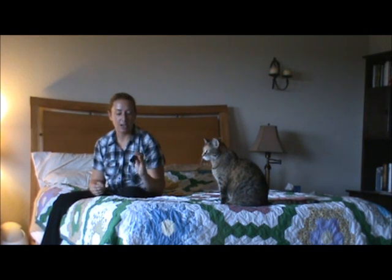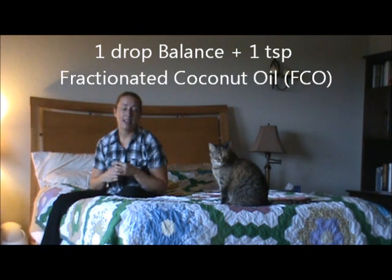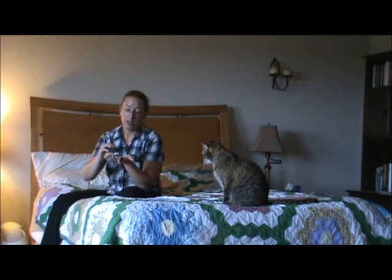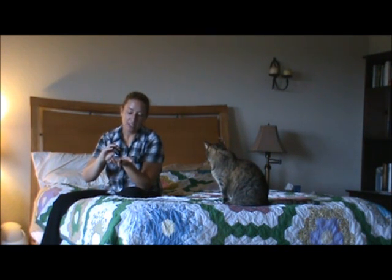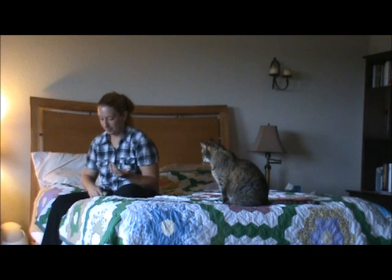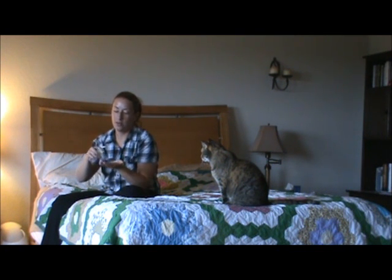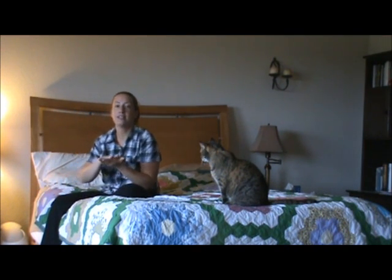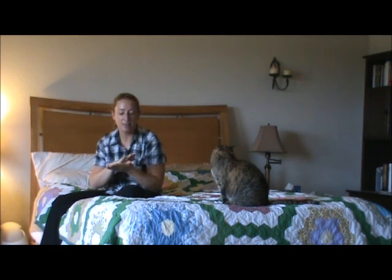And so when we balance her, we're going to use 1 drop of balance and mix it in with between a teaspoon and a tablespoon of fractionated coconut oil. So we're going to do 1 drop of that, just 1 drop, and mix it in with some coconut oil. And with cats, we're going to go clockwise, rub our hands together clockwise a few times. And if you can smell the oil, that means it's working. And you can have very little residue left on your hands when you balance a cat, and that'll